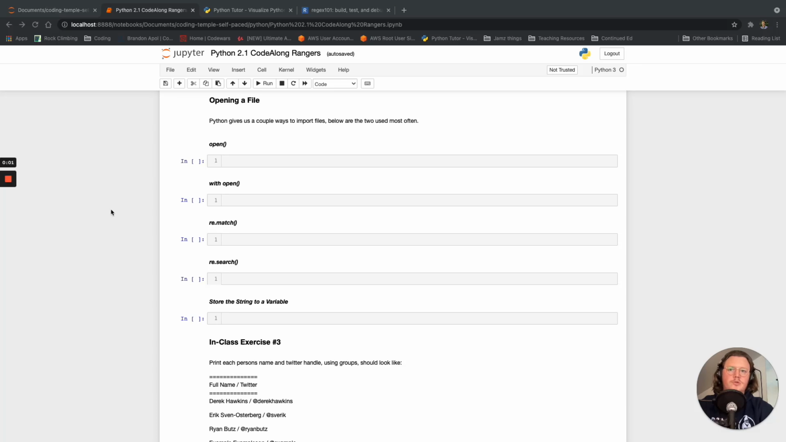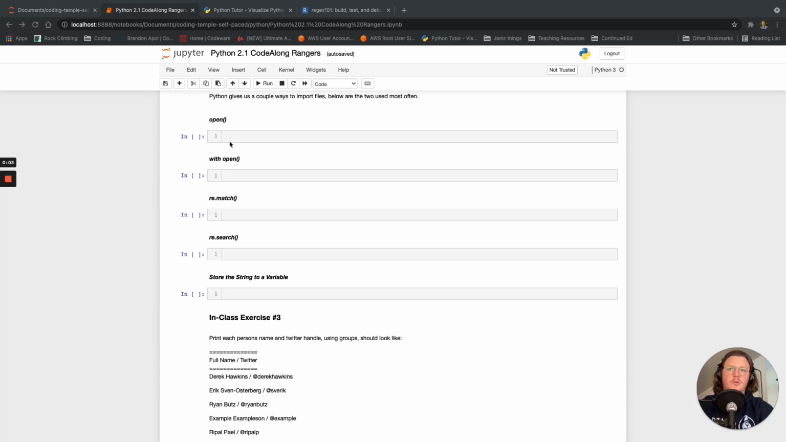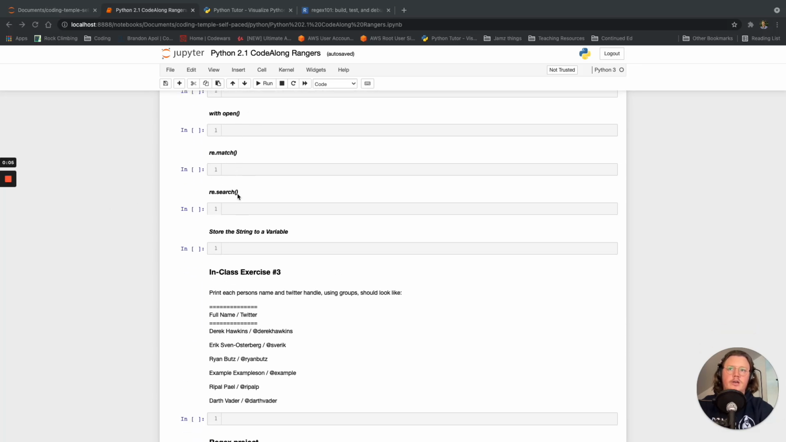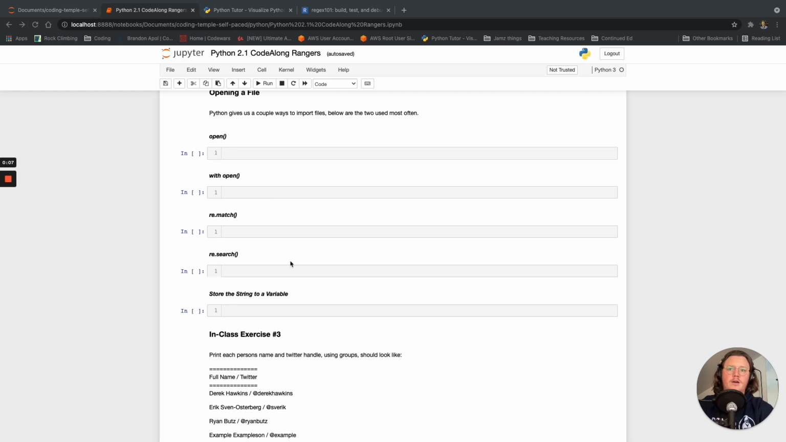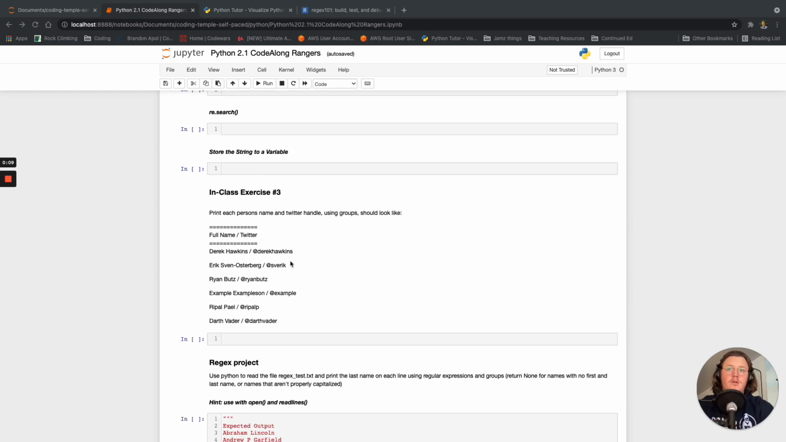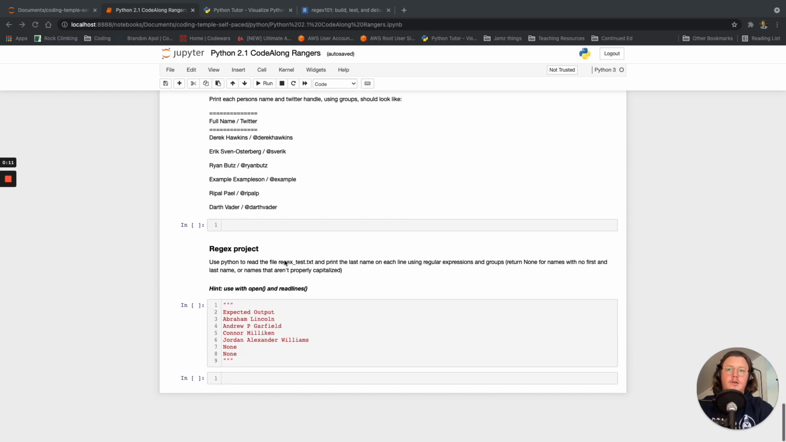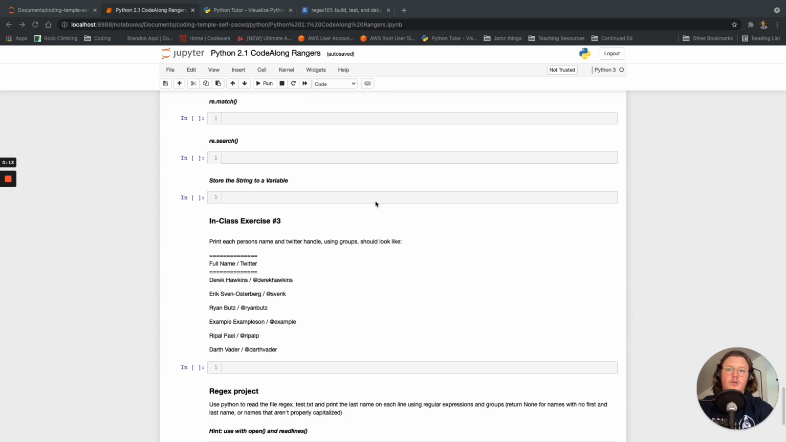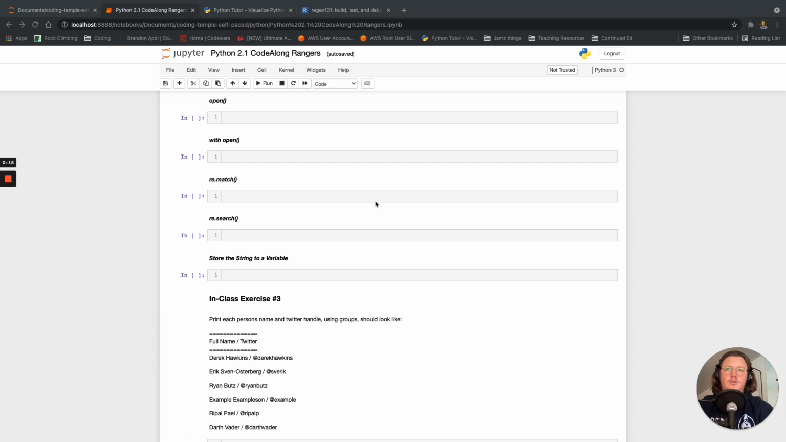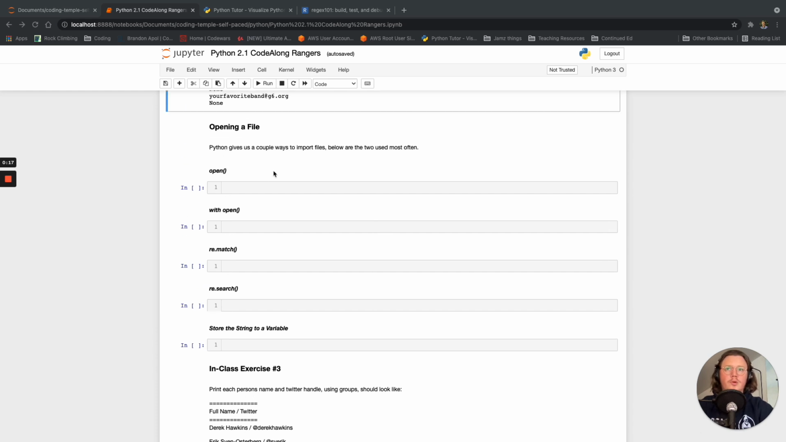All right, last push with regex. We've got just this little bit about opening things and using some regex on our opened files, which is very useful too. And then we've got an in-class exercise, and then we have a project, and that'll be what we do for the day. So, opening a file,